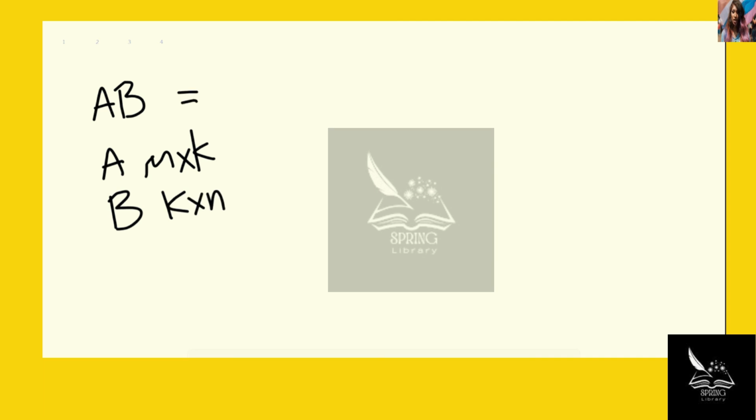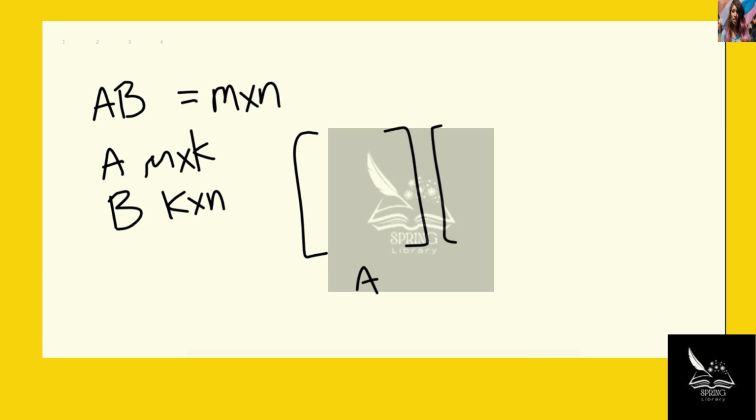Okay, so problem 4 has us looking at how to take the product of two matrices. So it'd be the product where we have, let's say, matrix A and B, where A is going to be m by k, and B will be k by n. And then the product is going to equal an m by n matrix. And to do that, if we have our m by k for A here and our k by n matrix B